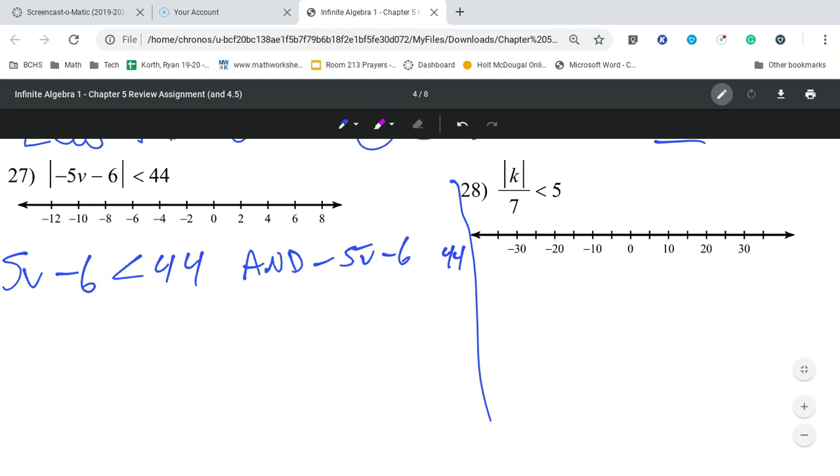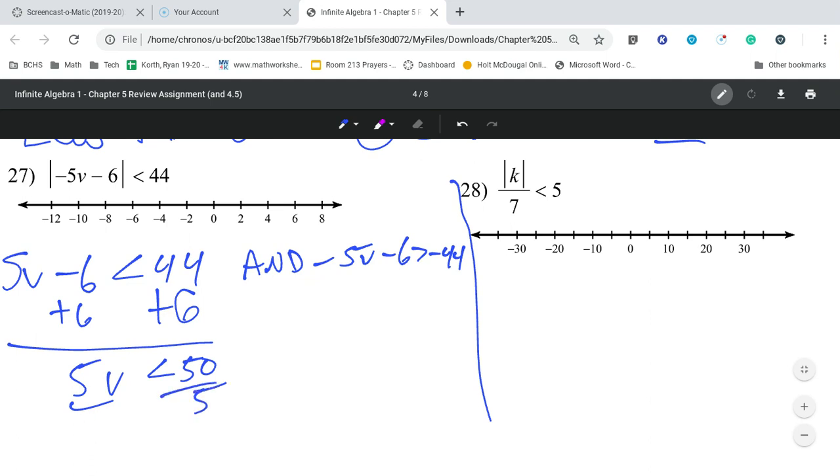It's a little hard to write sometimes on this. That's better. All right, so we're undoing subtraction first. 5v less than 50. Undoing multiplication is always going to be the final step you do, multiplication or division. And for undo subtraction with addition,